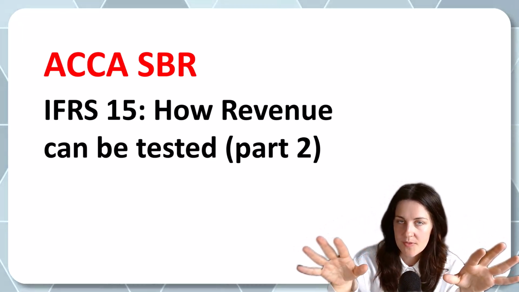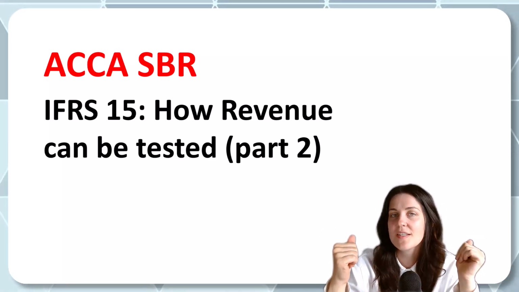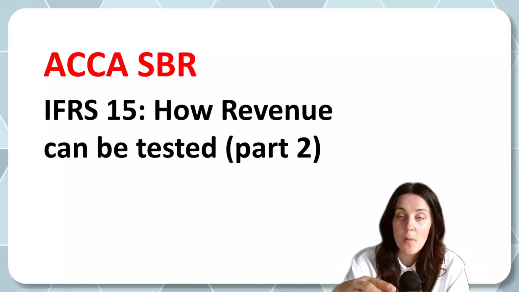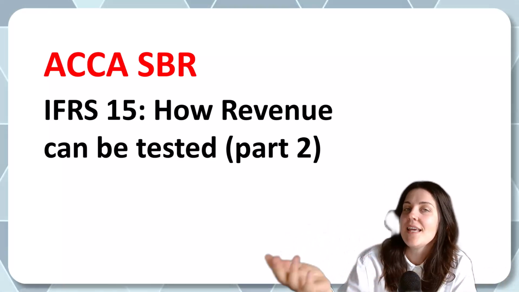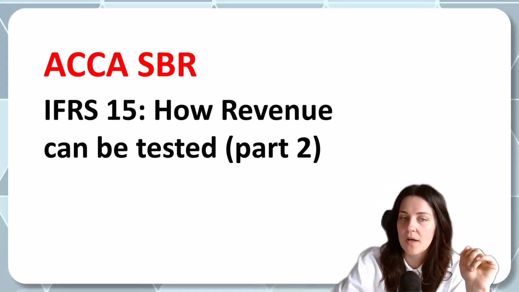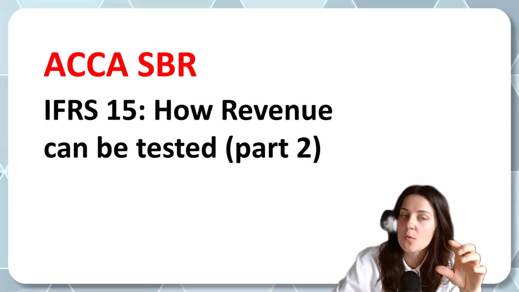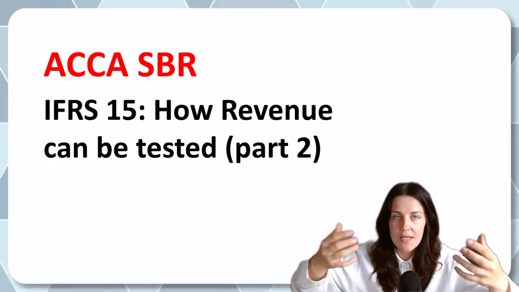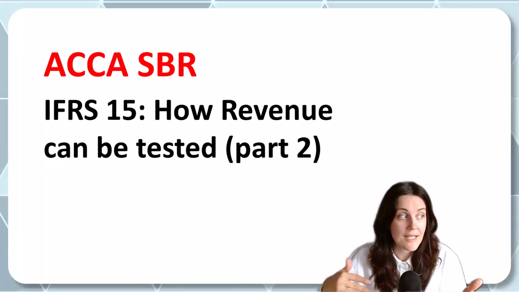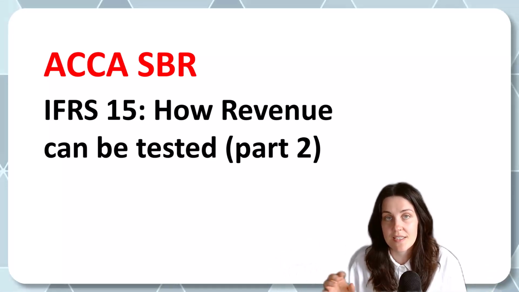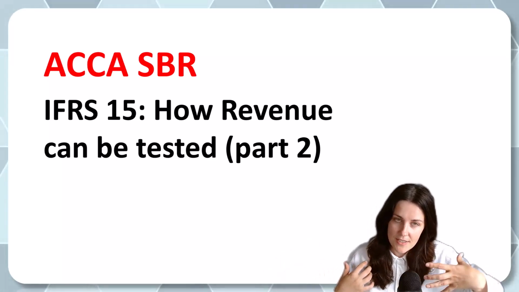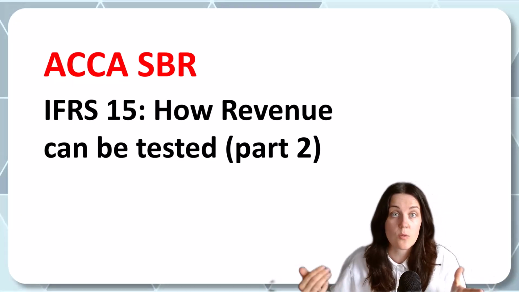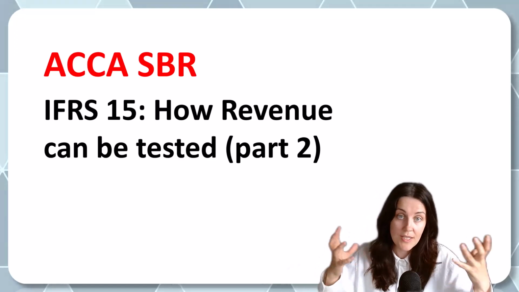There are other examples that are in line with the IFRS 15 recognition steps, the 5 steps of the recognition of revenue, but they kind of give you ideas of what else can happen in the world. So, for example, sometimes you will be asked to challenge warranties, because by default, if we sell something and we have this contract that says that we will provide free fixes for, let's say, a year, then as soon as we sell something, we need to recognize a provision, debit P&L, credit provision, it's a liability, for the expected amount.